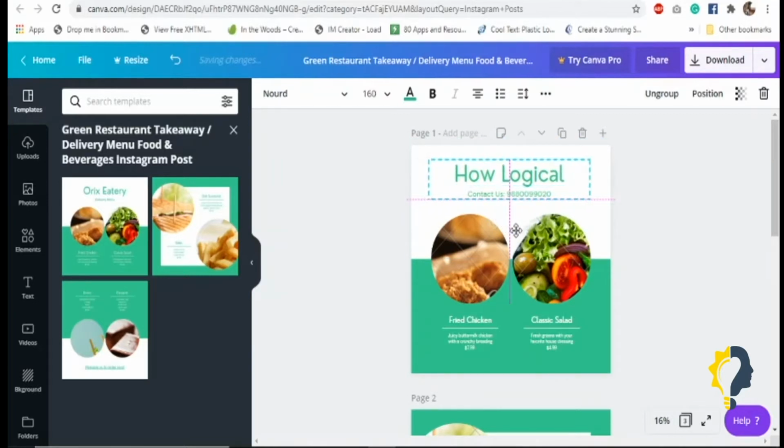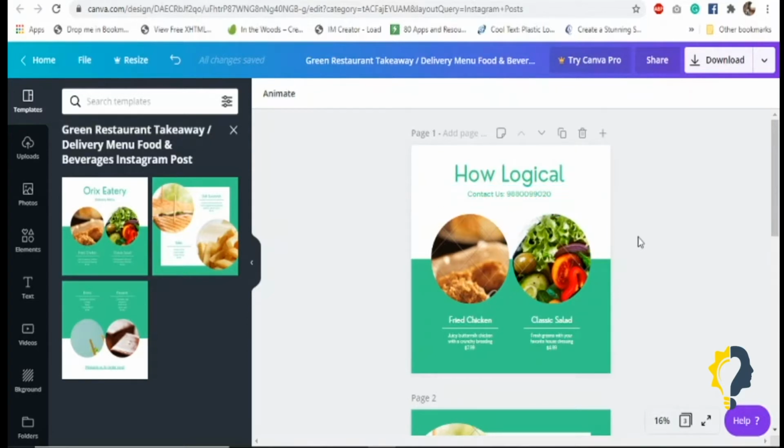Now make it center. So, contact us, I already put it. If I want to change the image, you can change the image also. I don't want to change it, it's perfect, because anyhow I'm going to take this as it is.